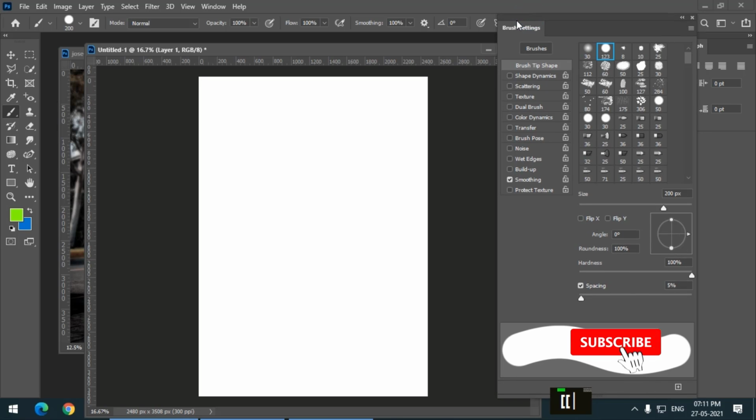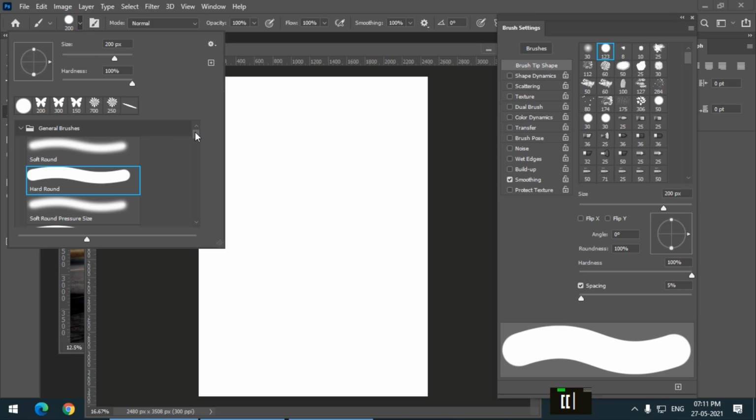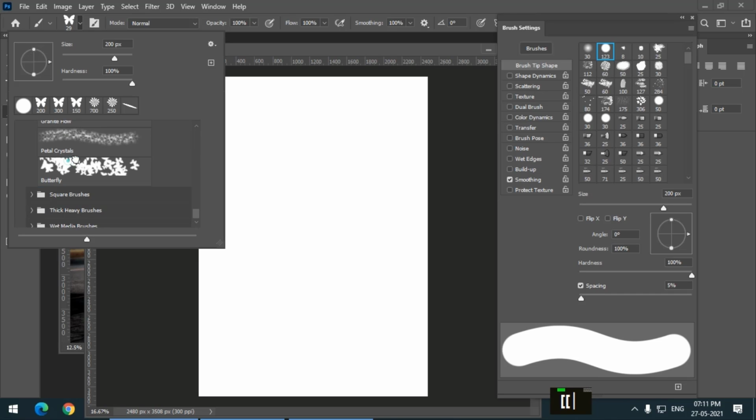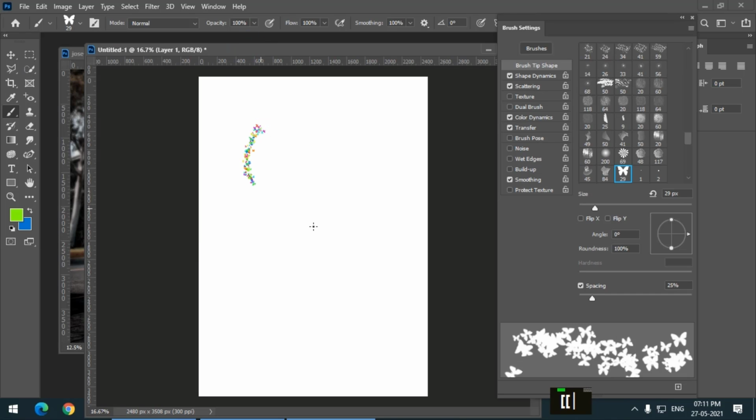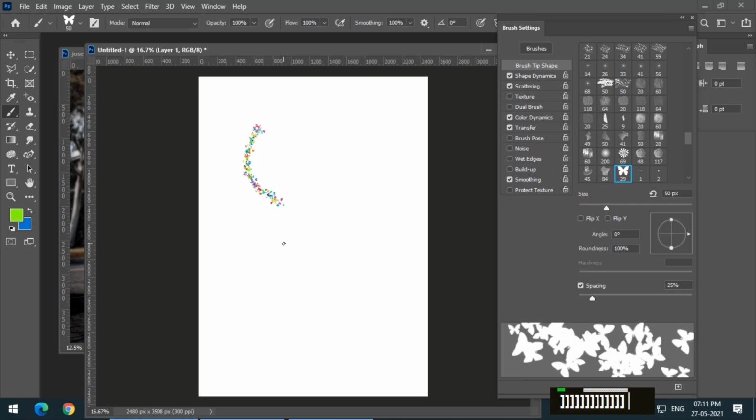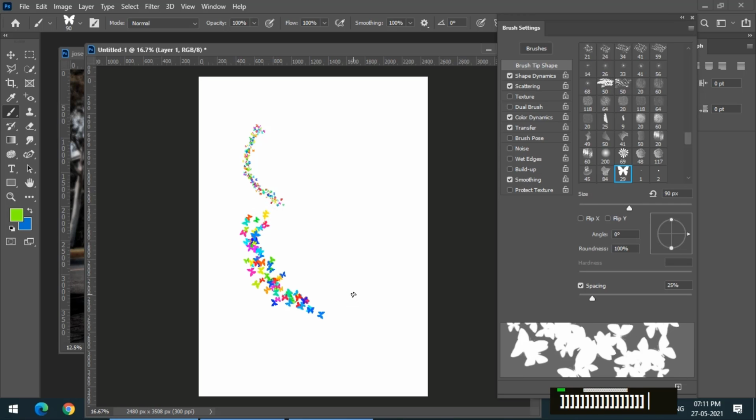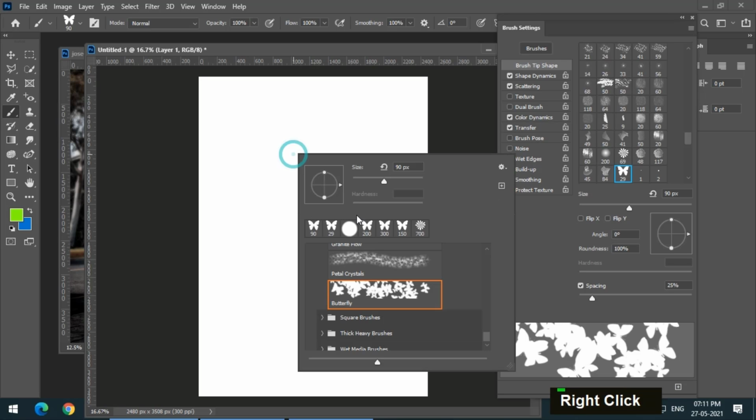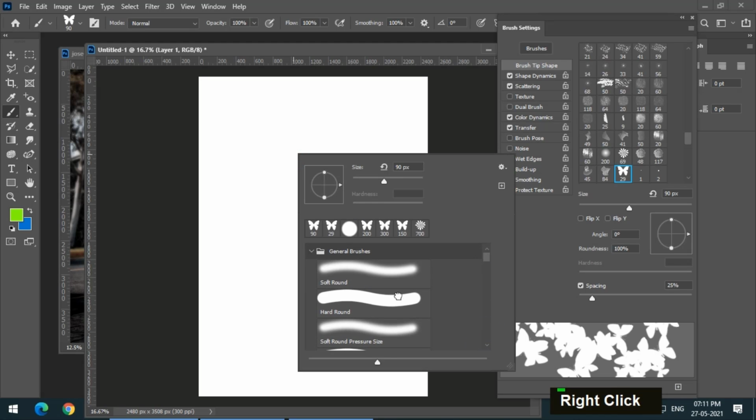First of all, let us see how to scatter our brush. For scattering, we can use the scattering option. As we have seen, this butterfly brush is scattered. It is not in a straight line, pretty much similar to the azalea brush. So how do we scatter our brush stroke?